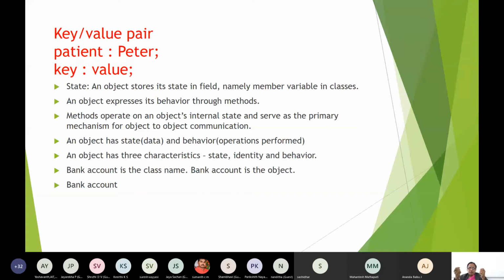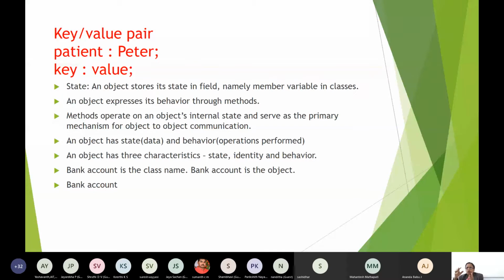So in OOPS we have the object. An object stores its state in fields, member variables in the classes. Objects express their behavior through methods. Because even in the smart contract, I have used the word method there, right? Even in Ethereum, and we have used methods or functions here also.